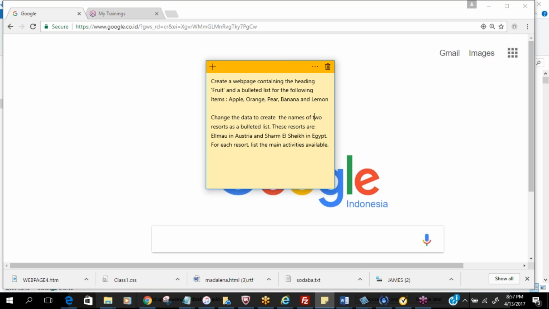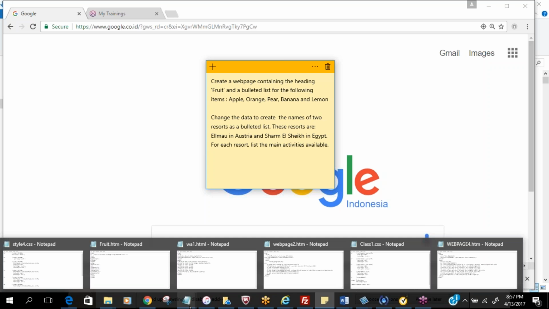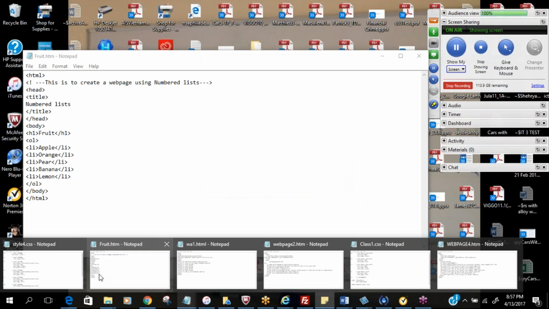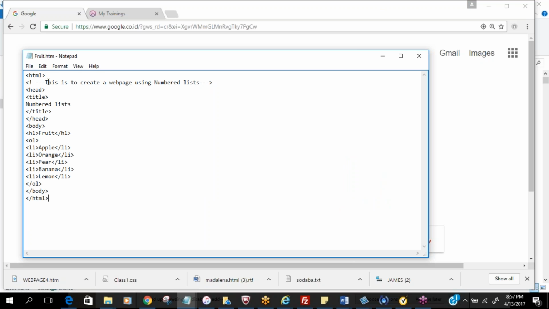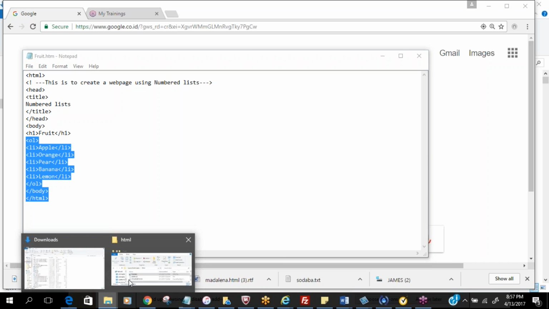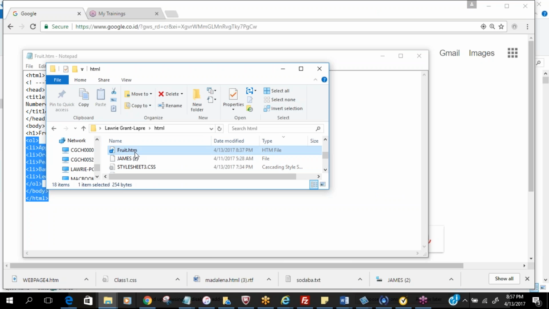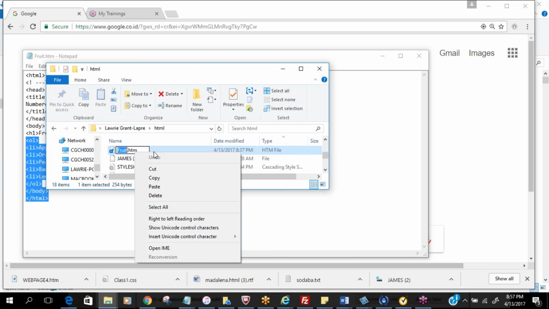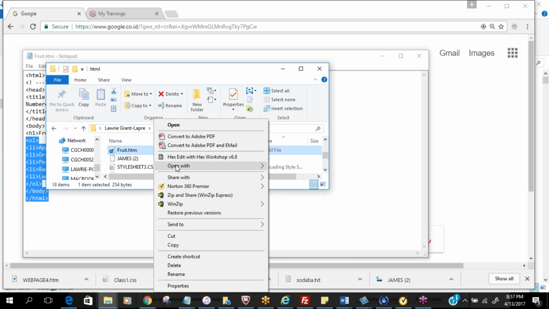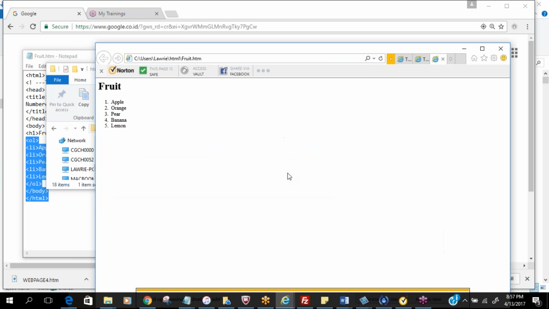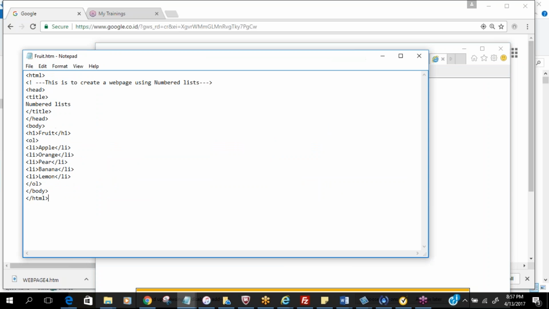So let's have a look at the last activity, which we made a web page called fruit. Now, our fruit has our comment said numbered list. I'm going to change this to bulleted list. Actually, let's just run that for the sake of those who didn't see this activity. We're going to open with Internet Explorer. And see, this was a numbered list where we had the heading fruit and we had 1, 2, 3, 4, 5. Now, if we look at the code,